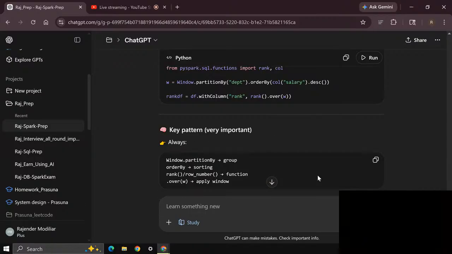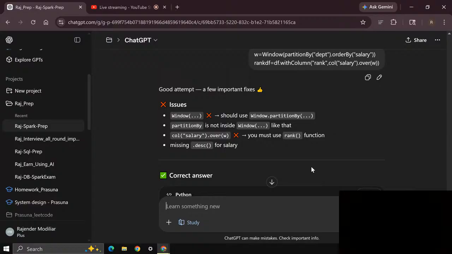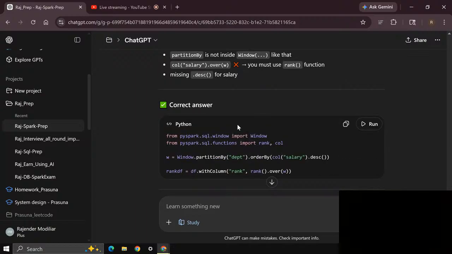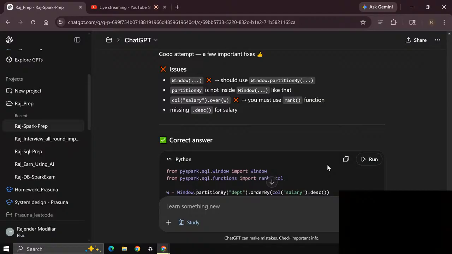It will be very clear and it'll say that you did not define the window. Window dot partition by dept dot order by salary desc. Using asc for salary descending; the default is ascending.